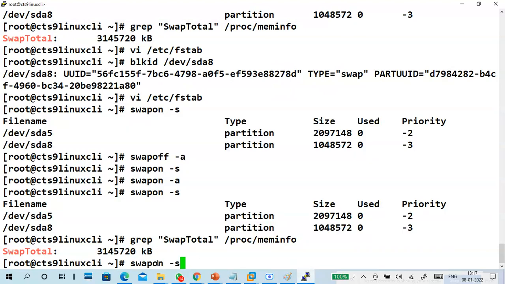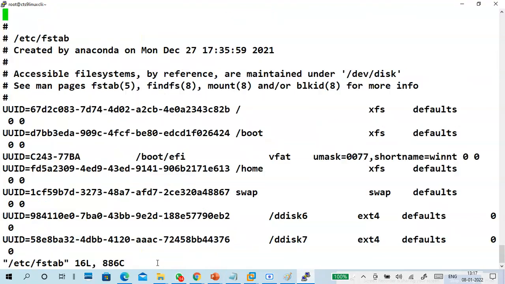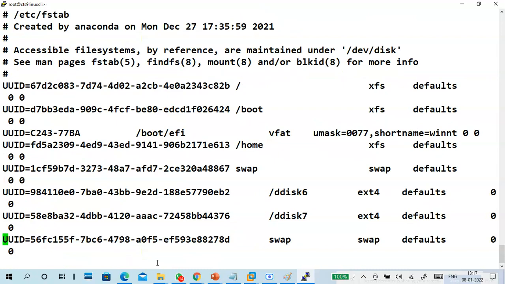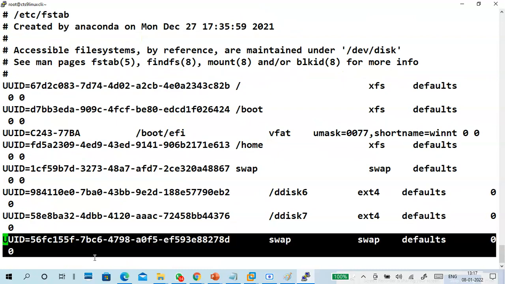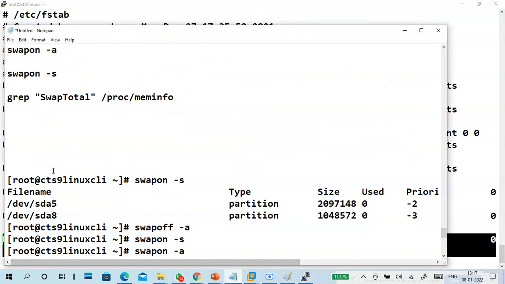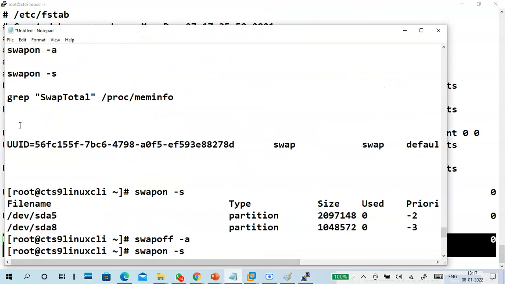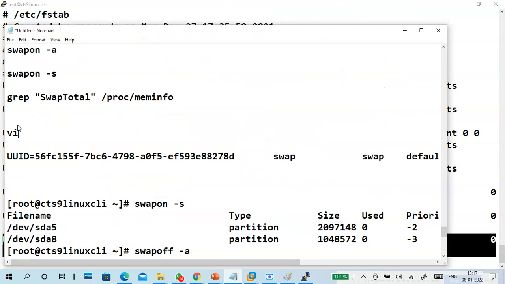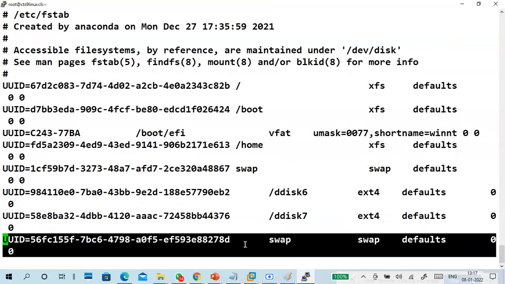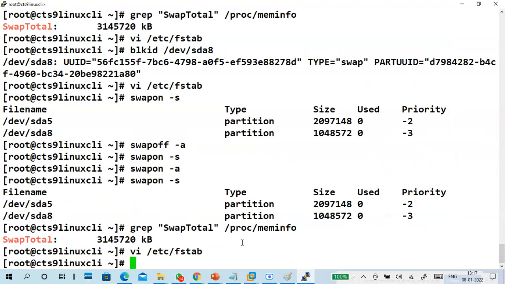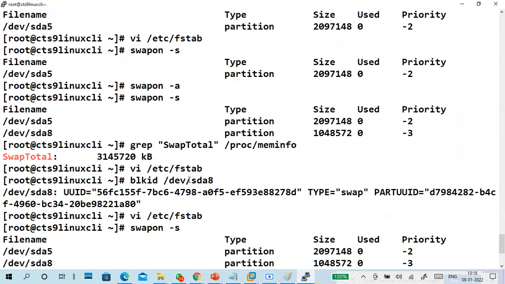So go to the vi editor. Last one. So you have to copy this one only. That's it. Okay, guys. Got it.